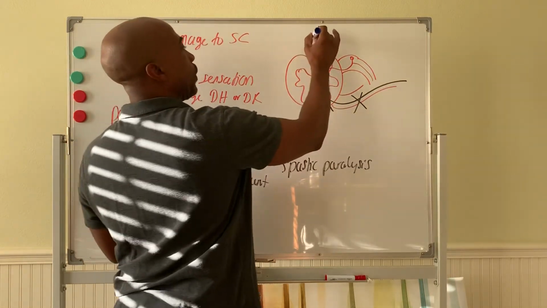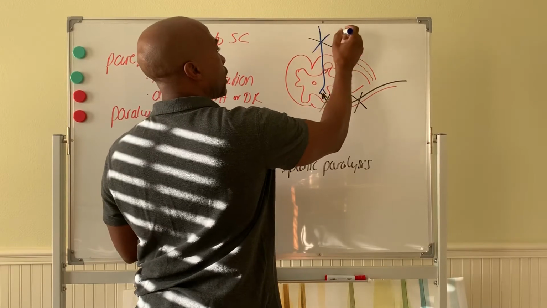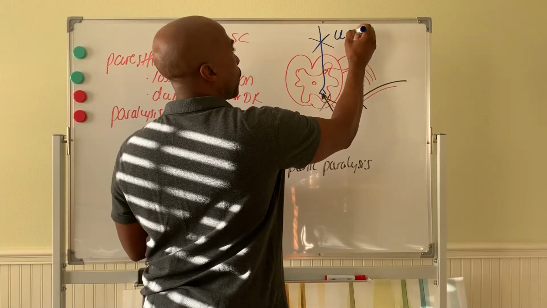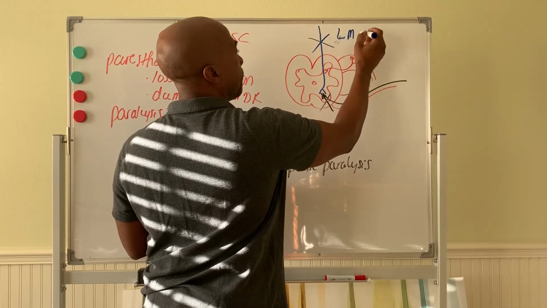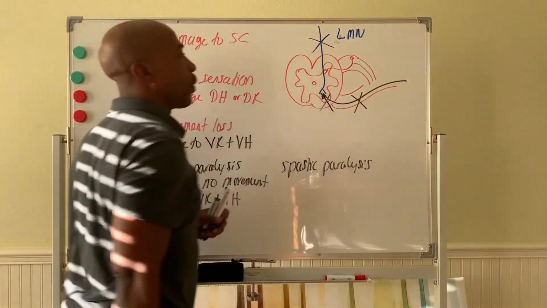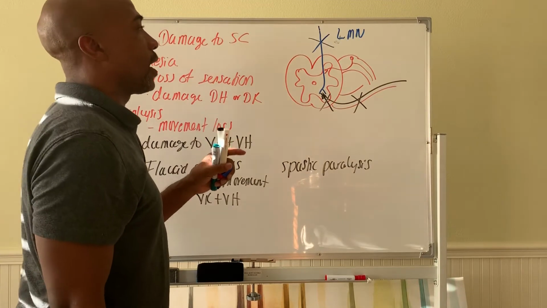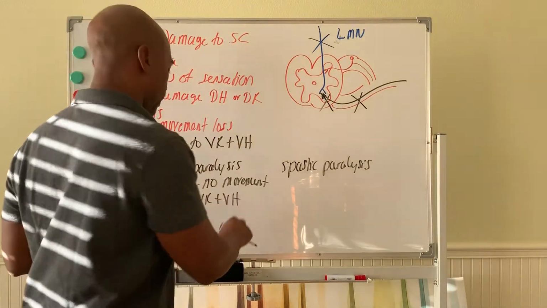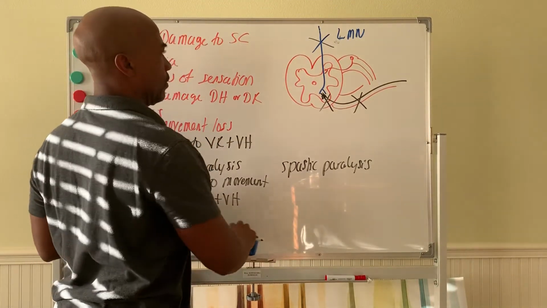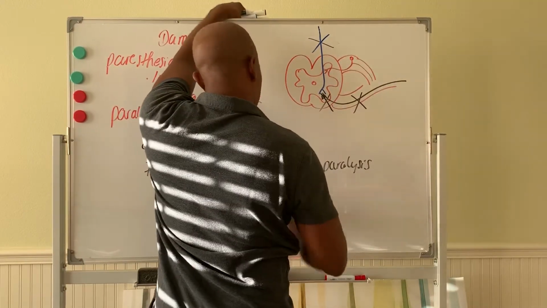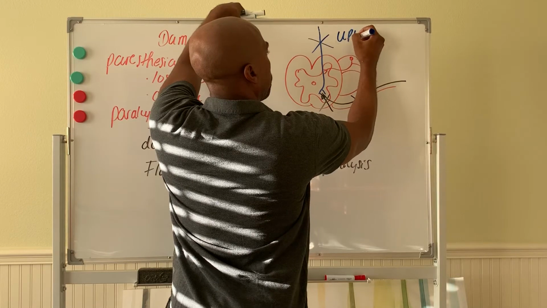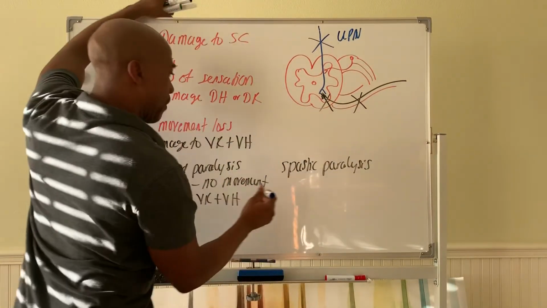So when these neurons are damaged, we call these upper motor neurons. Okay, when these neurons are damaged, sorry, not that. Upper motor neuron, not lower. Upper motor neurons. When they're damaged,